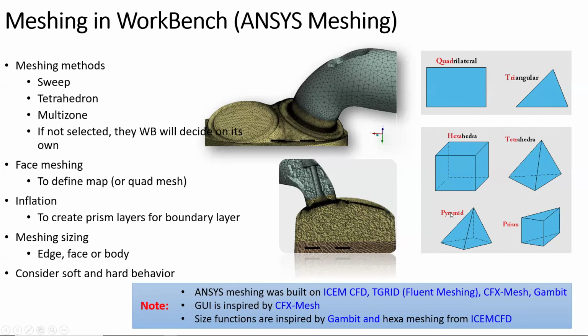Pyramids, like you know about the pyramids of Egypt, have a rectangular base, and the four triangles meet at one point on the top. So that is the pyramid, and the prism in CFD is